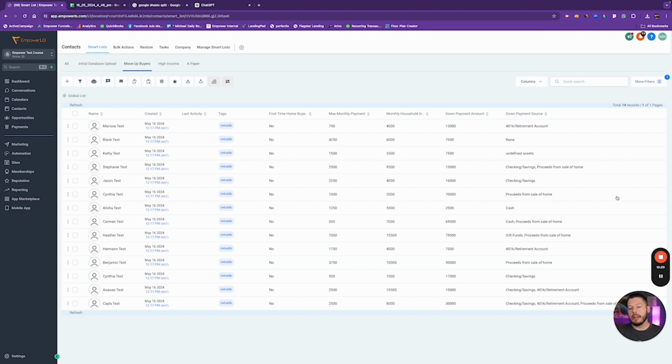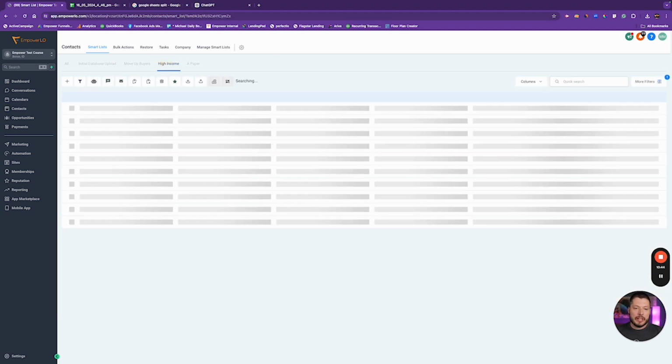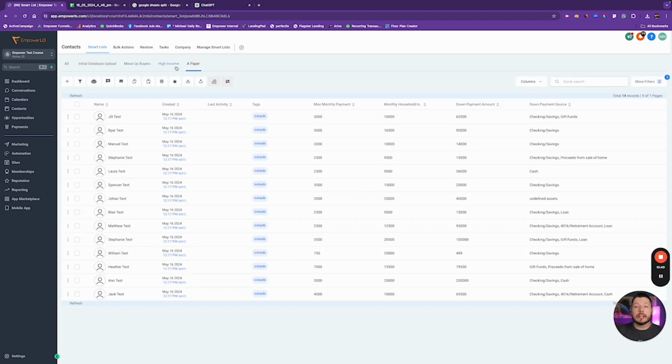If you format interest rate correctly going into here, then you will always be able to have a dynamic list. Dynamic means it changes. You don't have to add people to lists and remove them. As soon as you add them in here with the interest rate, they will get added to the appropriate smart list,